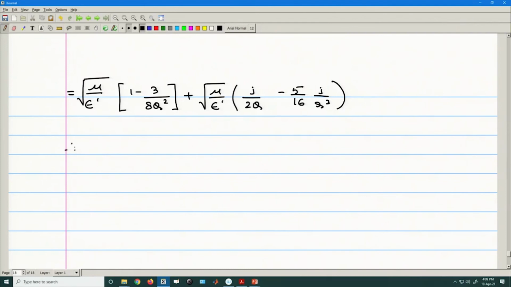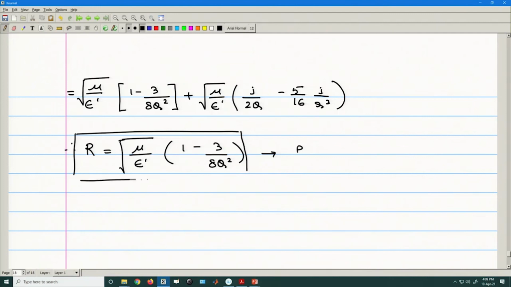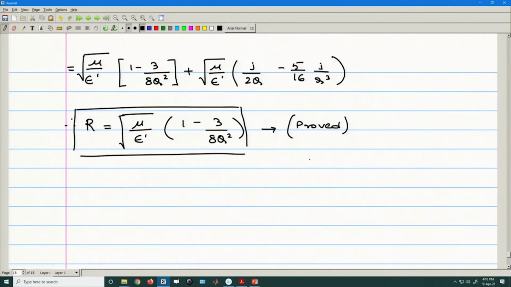Therefore the real part gives this as mu upon epsilon prime 1 minus 3 by 8 q square. Okay, so this one is proved, and from the imaginary part we will get,